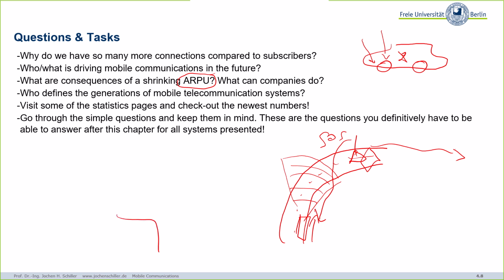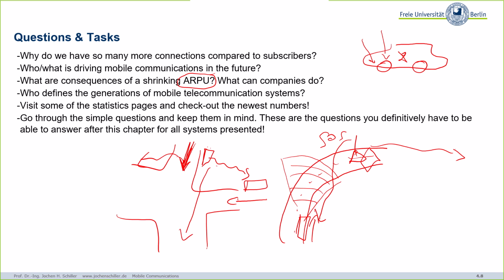Or other examples, you have some crossing here, and your car is approaching this, and then there's an ambulance coming down the road here. You cannot see this. Maybe you cannot even hear it. But using radio technology, the ambulance will signal all other cars, please stay away from this crossing. There's an ambulance approaching. So that is the idea of having this wireless technology in addition to the normal sensors you have in the cars.